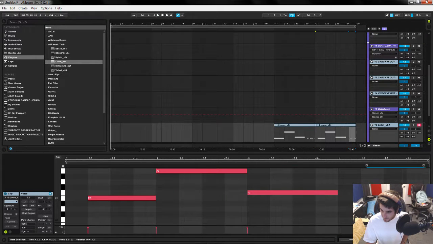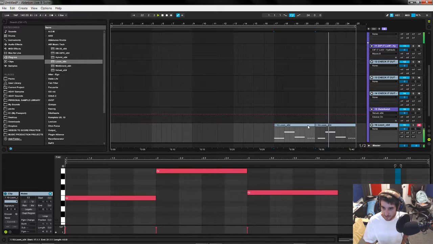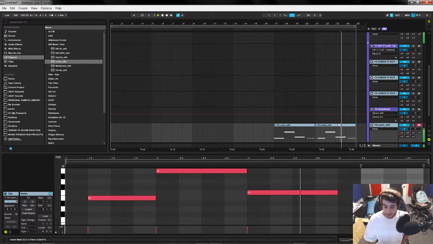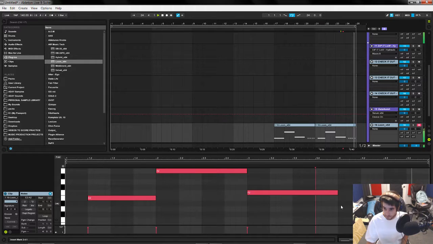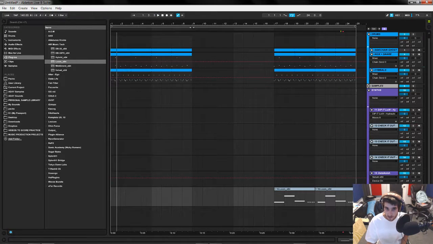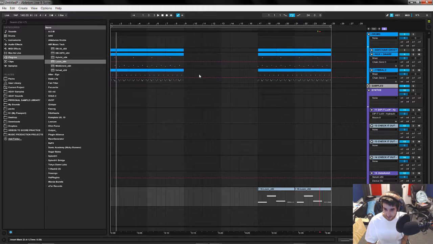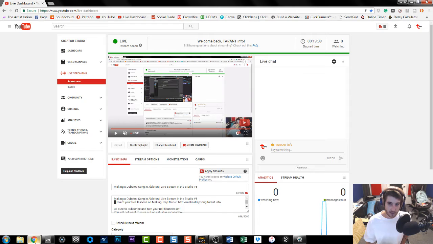Why did it get so small? Alright, it's a cool little bass MIDI loop.